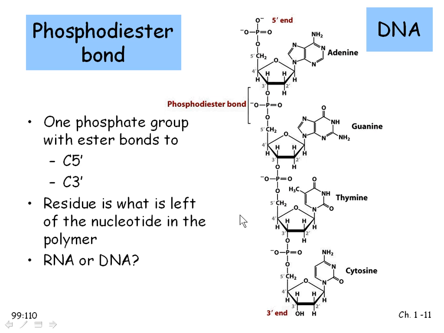What that does is it makes a molecule that is polar. That is, one end is different from the other. This end will have a free 5' end with a phosphate group sticking off. This end has a free 3' end with just a hydroxyl sticking off. And so the molecule is not symmetric left to right. It's a very asymmetric molecule. We talk about each unit here as a residue. This is a thymine residue, a guanine residue. It's what's left of the